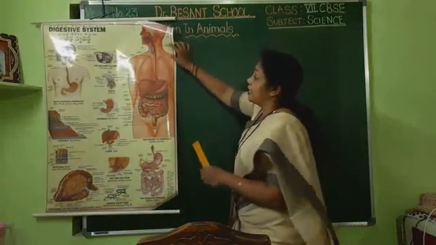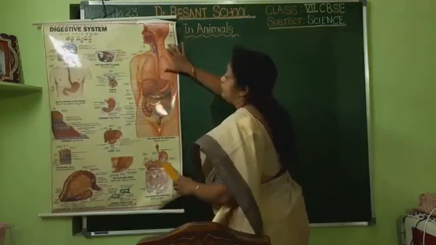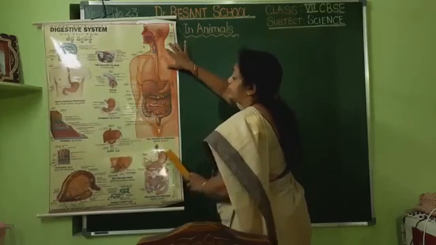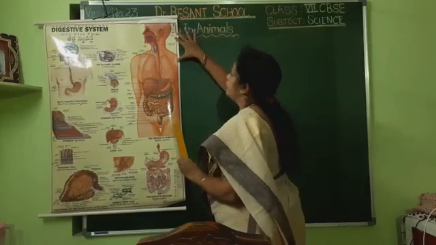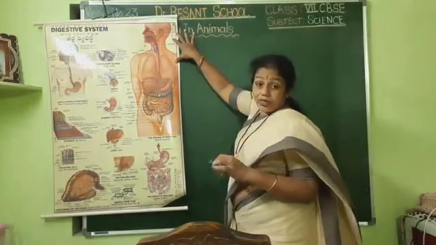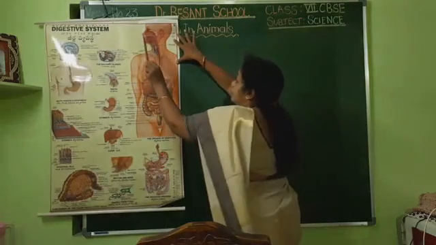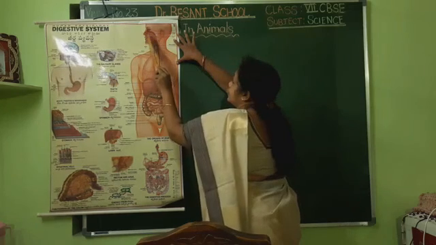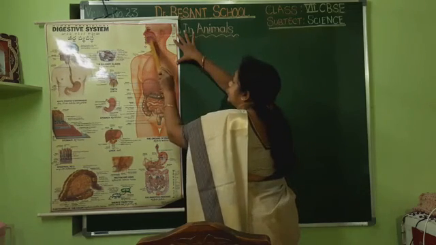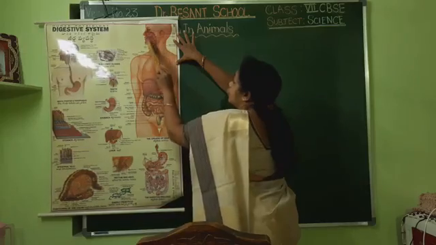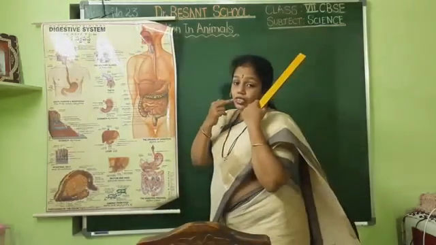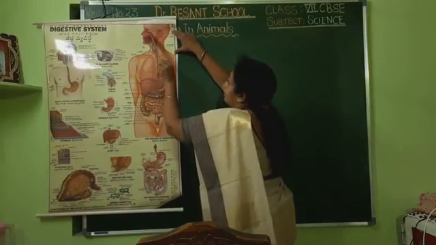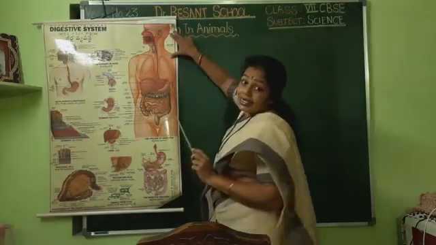Here I have a chart of the human digestive system that you have seen. This is the whole digestive system. What are the different parts? As I told in the previous video, the food is ingested, the food is to be taken in. For that, what is the part? That is the mouth, all of you are aware. This is the mouth, and these are the lips through which the food will enter. Inside this large cavity, this whole thing, is called the buccal cavity, or another name for that is the oral cavity. I'll give the diagram, and in that I'll write the names again.